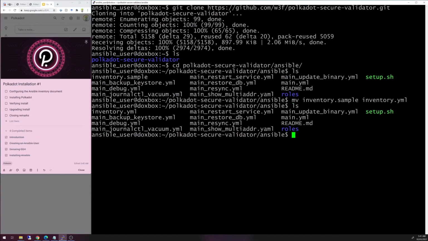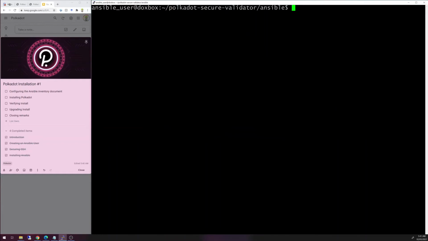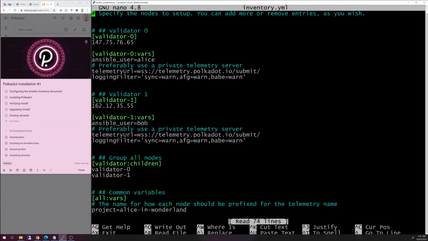Okay, so if I do a list, I now see that there's that inventory.yml. I'm going to clear the screen, and then I'm going to do sudo nano inventory.yml. So what that does, I elevate myself. I use nano. Nano is a text editor, and I'm saying open the inventory.yml file. Okay, so this is where we're going to do the configurations to personalize this